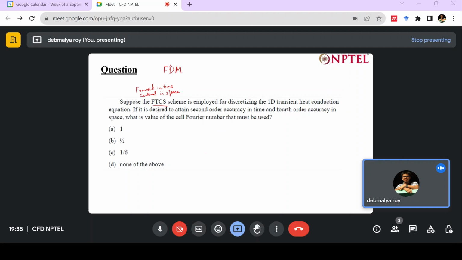This is very self-explanatory. So let's say our time level we denote by the superscript, and this would denote my del t, and central in space, let's say del square T by del x square. How would this be done? This would be simply,